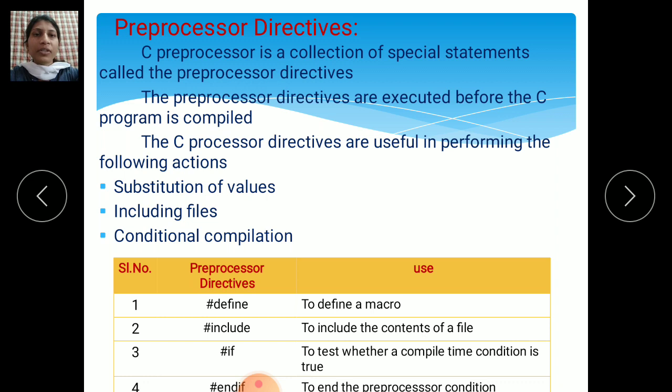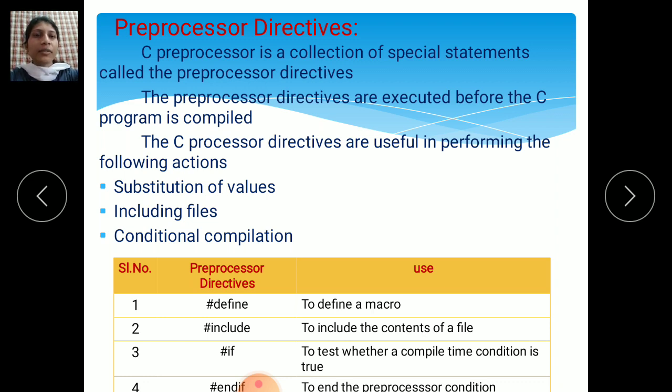The C preprocessor is a collection of special statements called preprocessor directives. Means we are using special statements here, so we call them preprocessor directives. The preprocessor directives are executed before the C program is compiled. Before compiling your program, this type of statement is executed.